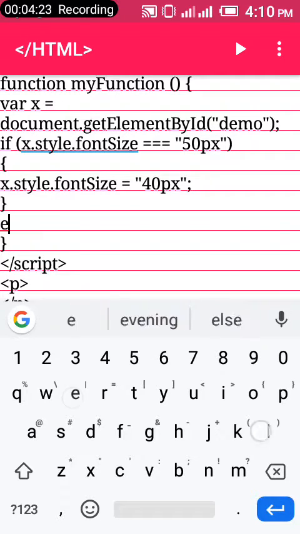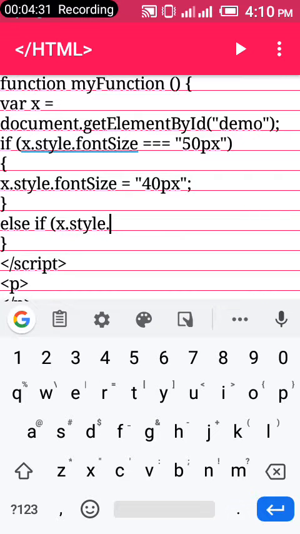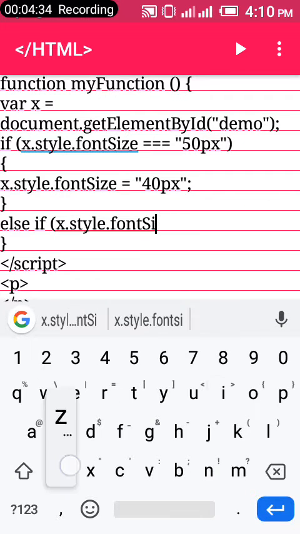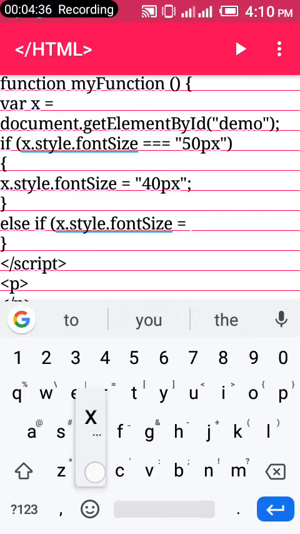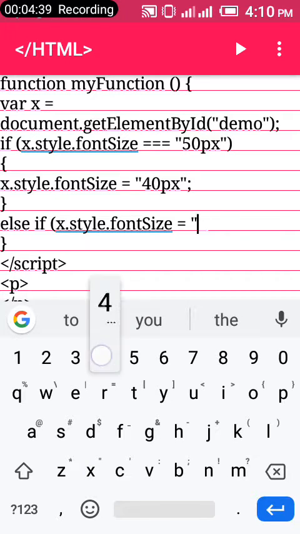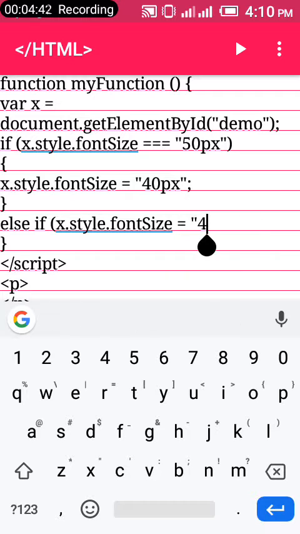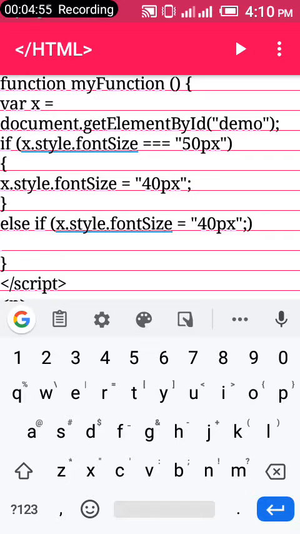We add an else if statement. Else if x.style.fontSize equals 40px, that is this 40 that is on this line, 40px. Then we choose what we want it to carry out. If x.style.fontSize equals 40px,